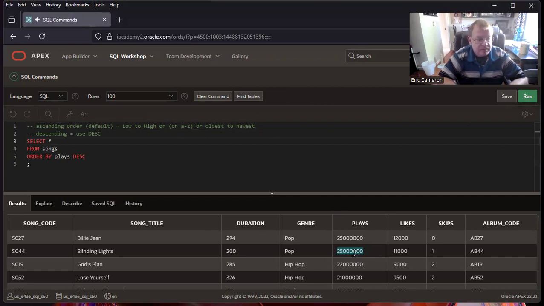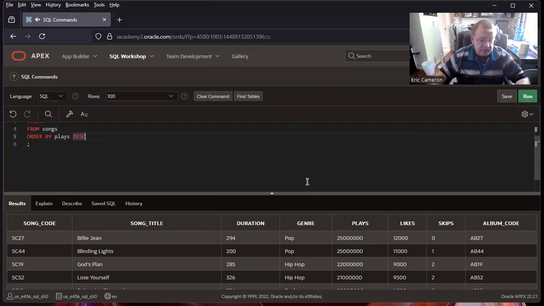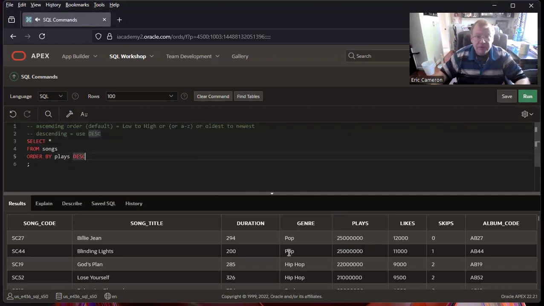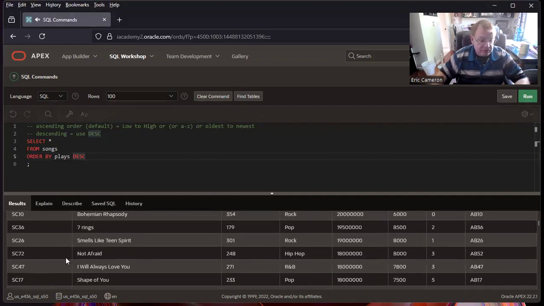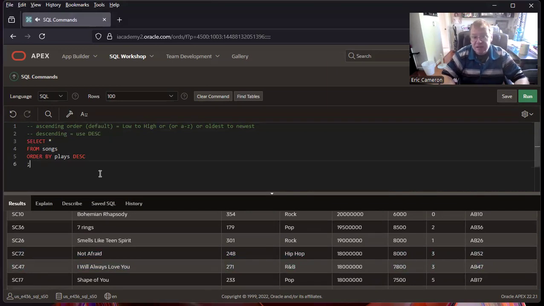Now, this is the way that we would order this way. We can go in and say descending order and do it that way. Now, the one negative of sorting by a single column is going to be if there are ties, maybe things are not going to be quite as obvious. Now, this database doesn't have an exact example of this,